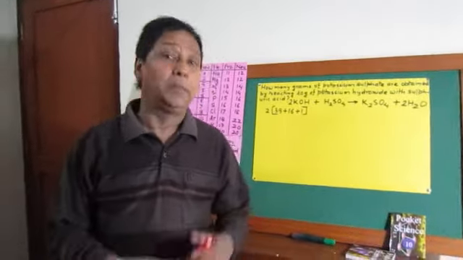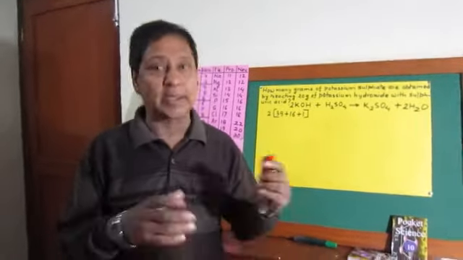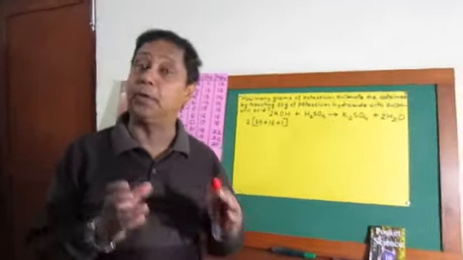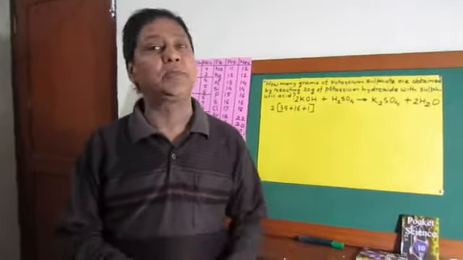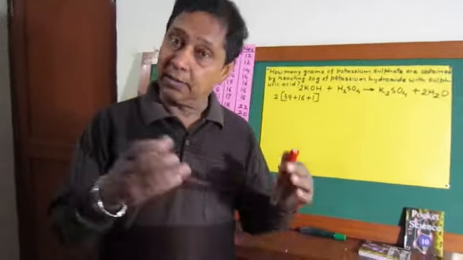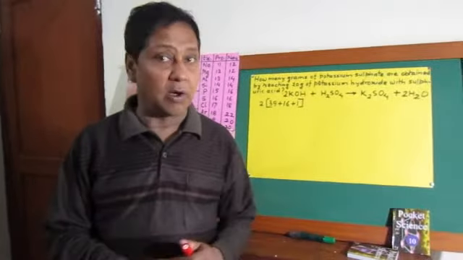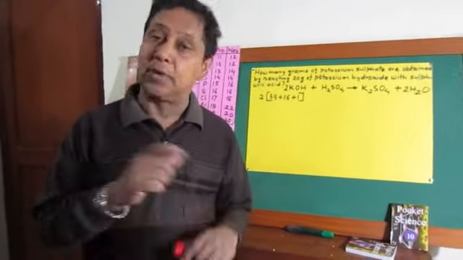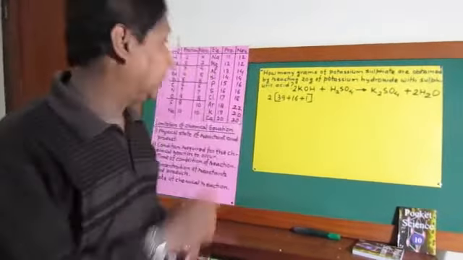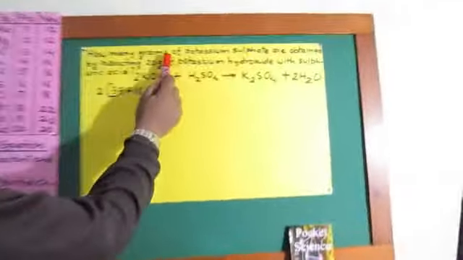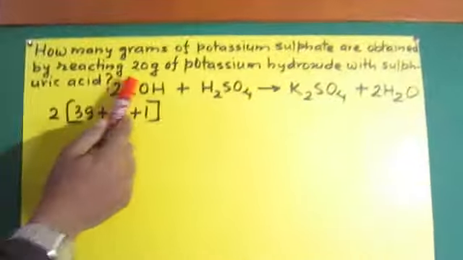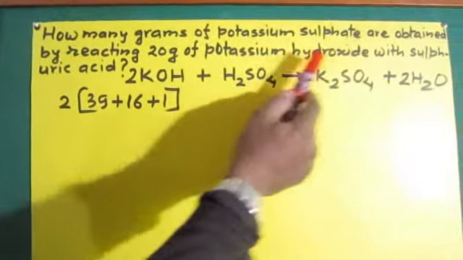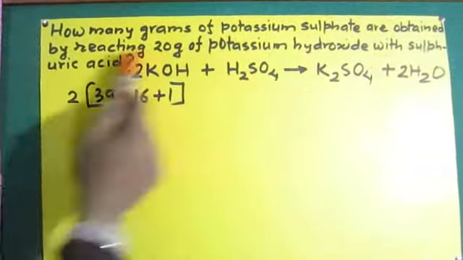With the help of a balanced chemical equation, we can calculate how many grams of a particular compound takes part in the chemical reaction and how many grams of the product, compound or element, forms. One of the numericals related with this I am going to present here. Look at this. How many grams of potassium sulfate are obtained by reacting 20 gram of potassium hydroxide with sulfuric